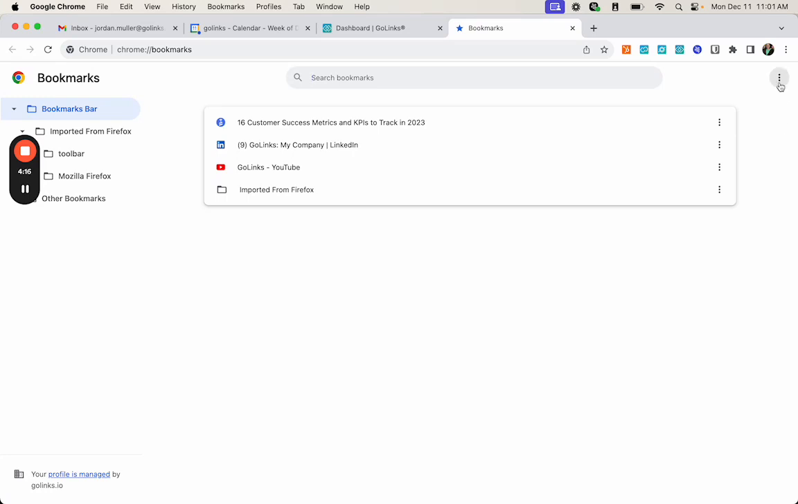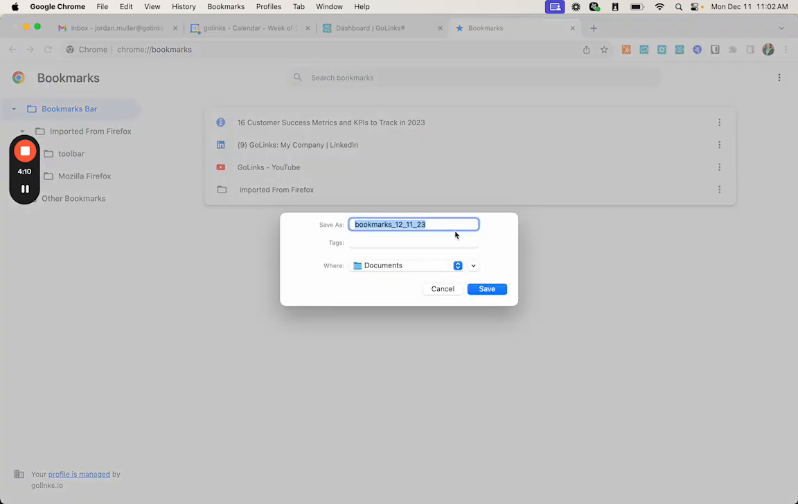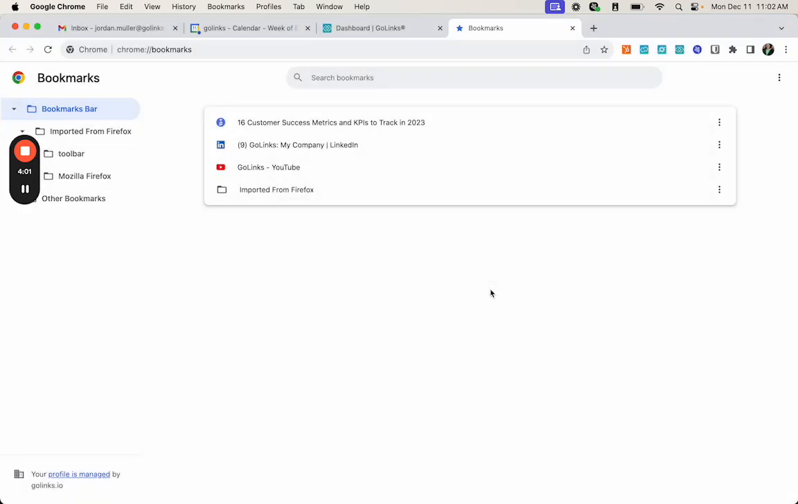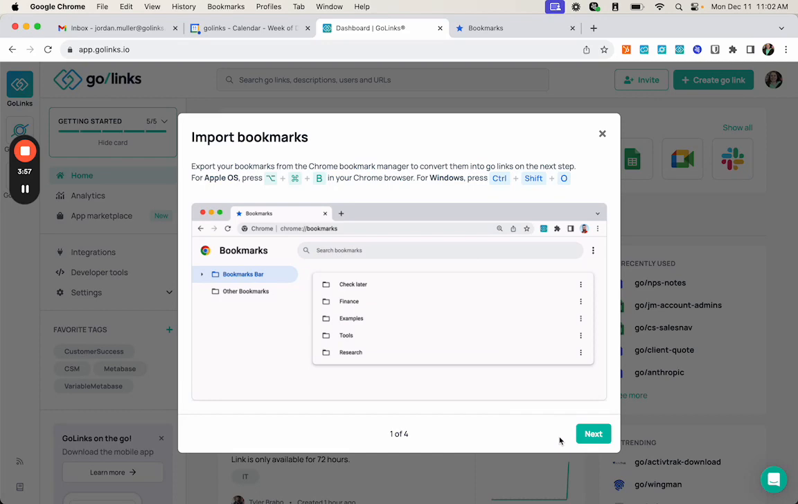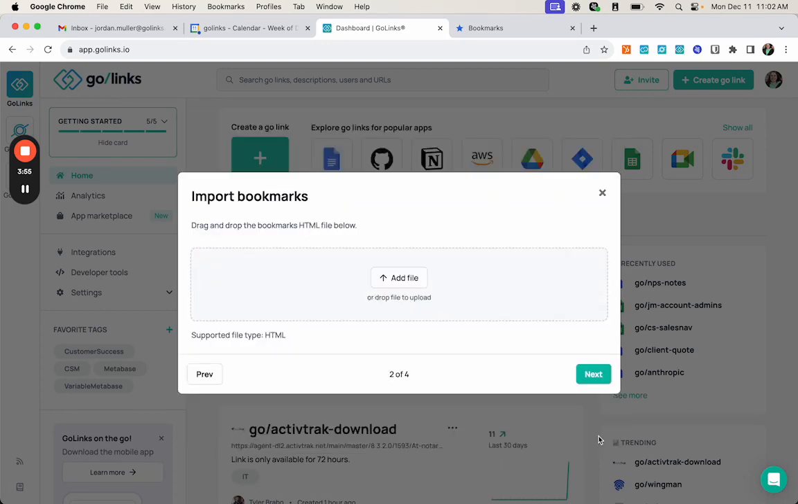And up here at the top right, you'll see these three little dots, and it will give you the option to export your bookmarks. When you do that, you're going to go ahead and save this file. So I'm going to say bookmarks to GoLinks. And I'm going to go ahead and hit save. Once I save that, I will go ahead and come back to the tutorial, and I can then hit next,